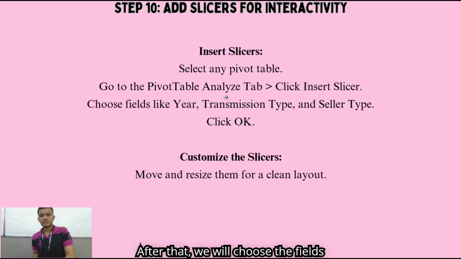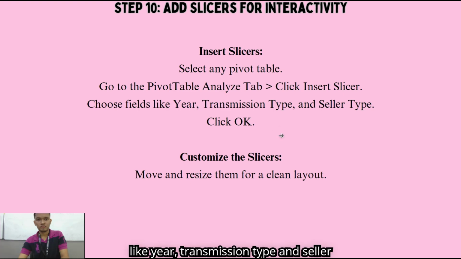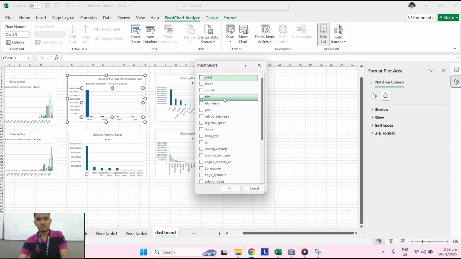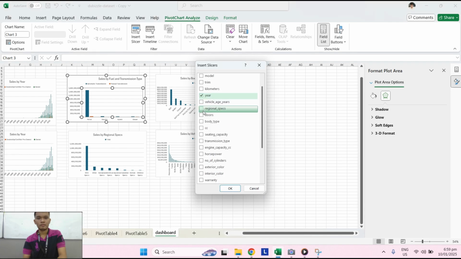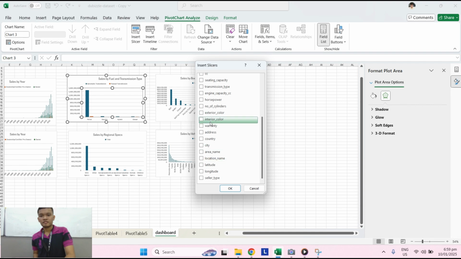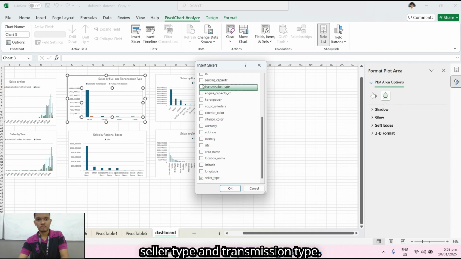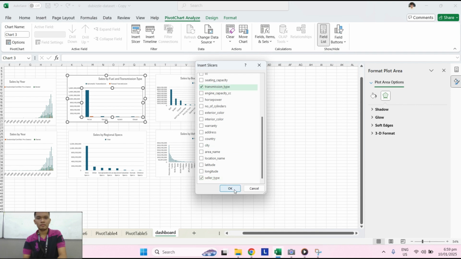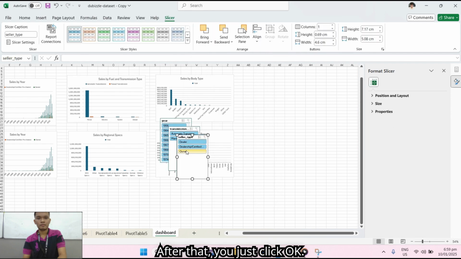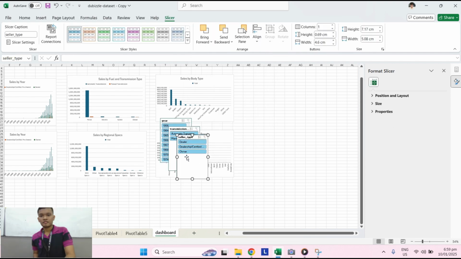After that, we will choose the fields like year, seller type, and transmission type. After that, we will just click OK.